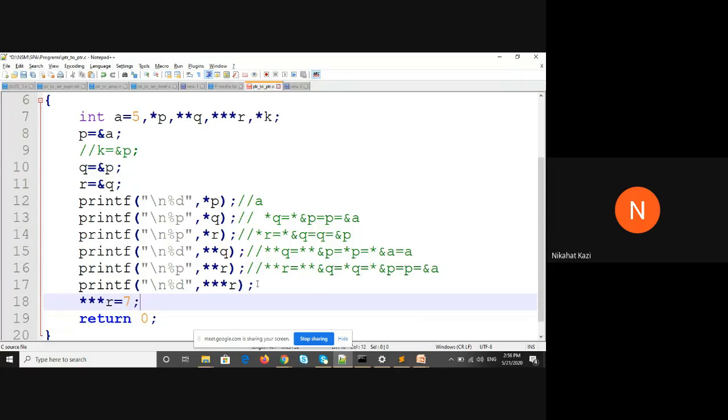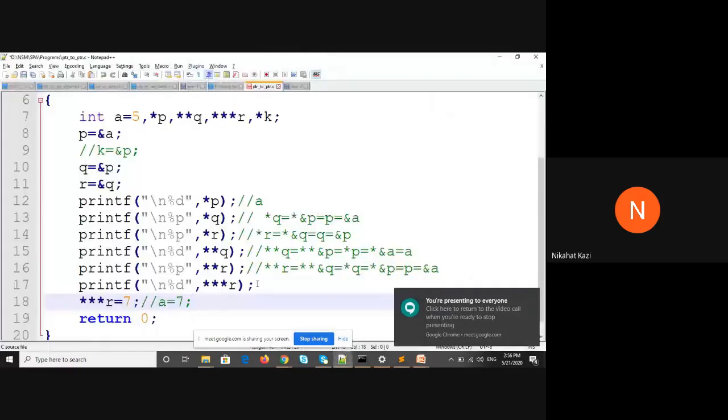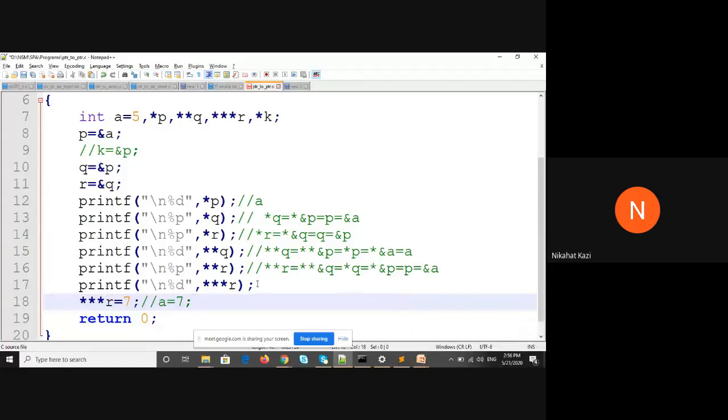This expression is equivalent to A equal to 7. Yes, it is equivalent to A is equal to 7. So using this double indirection, you can change the value of the original variable also, by writing the appropriate expression.